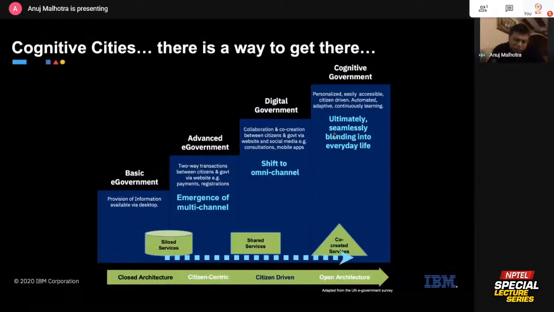There's lots of concepts around it, from basic e-governance all the way to a cognitive government. Lots of articles about it as well. But if you look at application of technologies and making a difference to citizen services and to citizens, that's another case of saying I can use a lot of digital technology and artificial intelligence to make a big difference to how a government interfaces with the citizen, not the other way around, right?